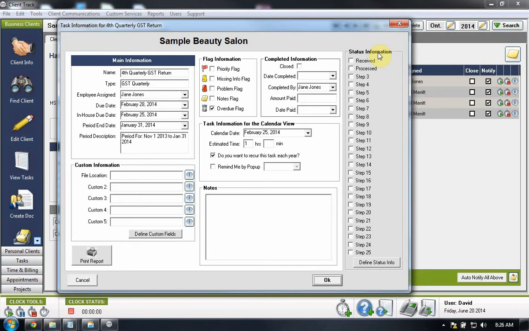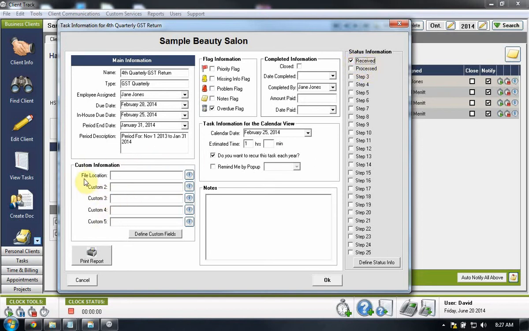One of the first steps that you want to set up is to indicate when the client brought their information in so that you can identify all of those tasks. So we've set up, as an example, 2 steps, received and processed. You'll be able to indicate when you receive the information, when the processing of that particular deadline has been completed as an internal accounting job, and then ultimately we're going to use a close check mark to indicate when the task is closed. So as a best practice, when that information comes in the front door, whoever receives the information can just click the receive check mark to say that it's received,